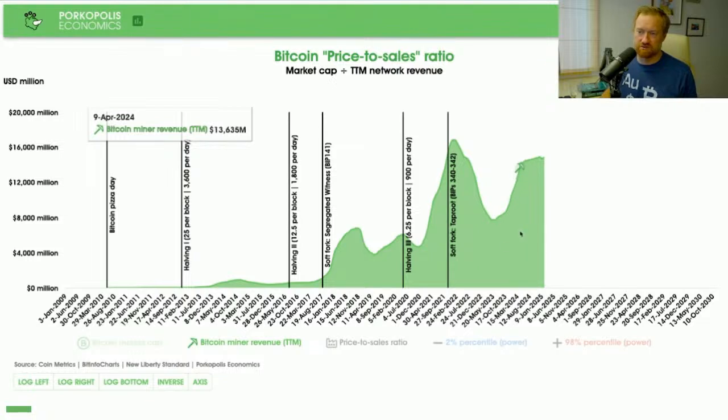Interestingly, from the launch of the ETFs last year, we've just ground higher, which is a totally different way than it went before. Of course, this takes into account the halving as well. The block reward halved here, and because of that halving, it's very interesting that in dollar terms it sort of levels out and grinds higher at a higher price. There are many things happening behind this calculation, but at the end of the day, just envision this is new coins and fees on a rolling trailing 12-month basis, and every day you multiply that amount in